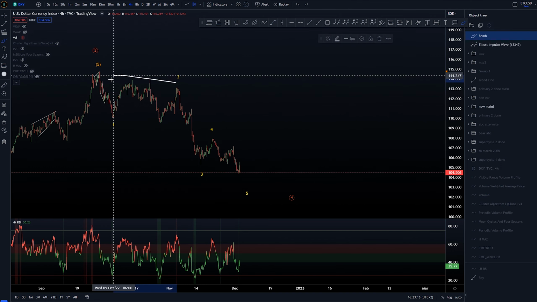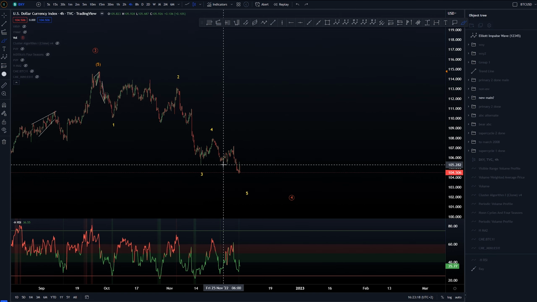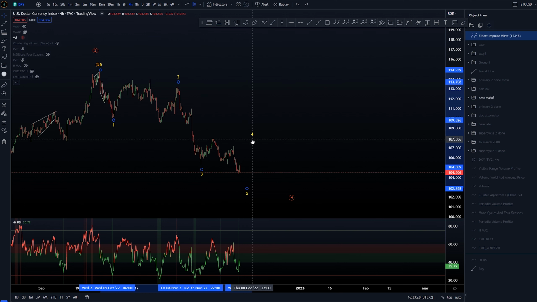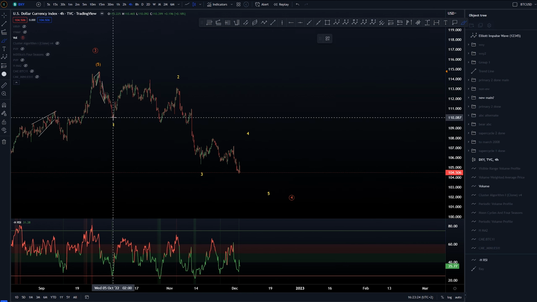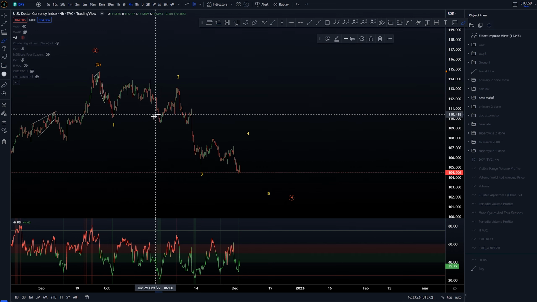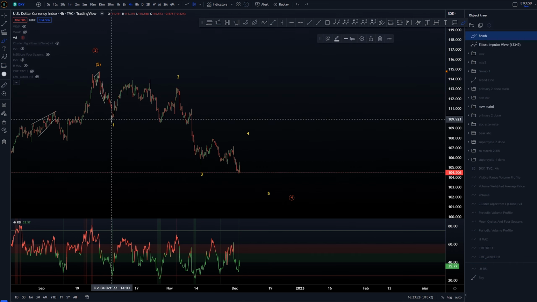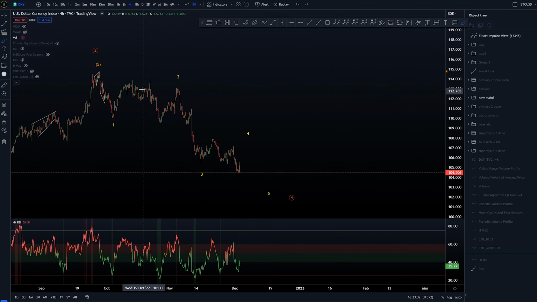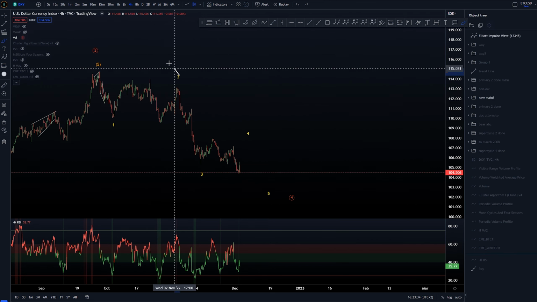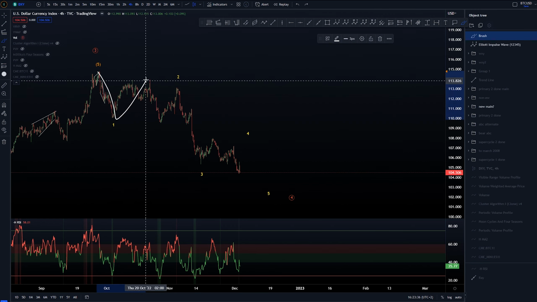Comparing this wave 4 to that massive wave 2 here is not really giving out too much. So it is definitely possible that we're going to be doing something like this. We have, however, already an extended or expanded structure here on wave 2, taking out the wave 1 lows. So maybe there is a chance that wave 2 is up in here, and we have this as a 1-2,